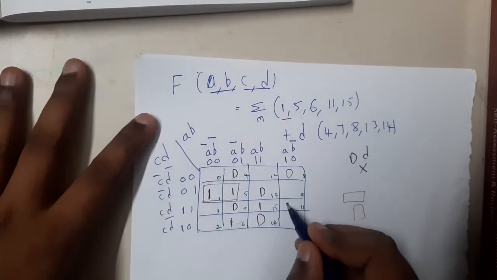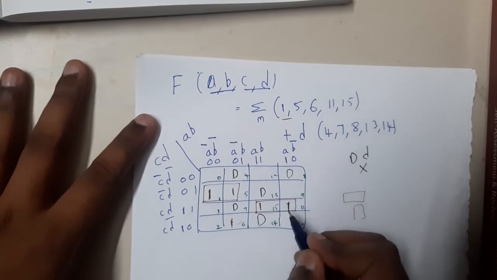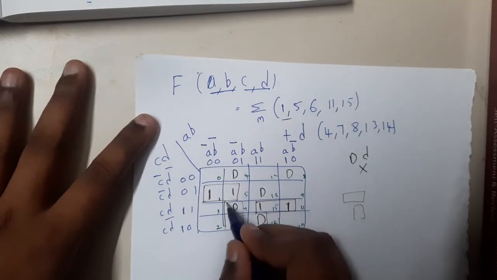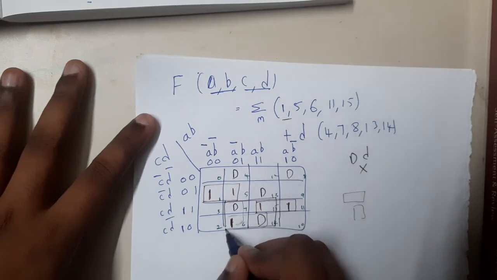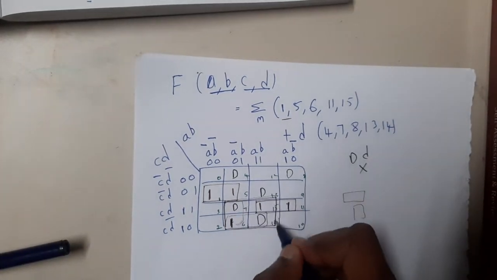Similarly, what about this one? Again, it can make only these 2. Now we are left with this one. This one can make these 2 or these 2, and this can make a 4 pair, right? So always take the maximum possible grouping, guys. That is the reason why it can take this whole thing, right?